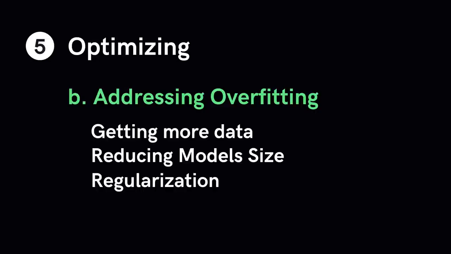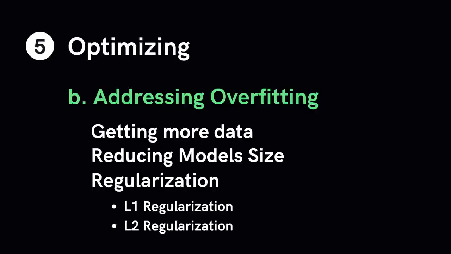The second method to addressing overfitting is by applying weight regularization to the model. A common way to achieve this is to constrain the complexity of the network by forcing its weights to take only small values, regularizing the distribution of weight values. This is done by adding to the loss function of the network a cost associated with having large weights. And this cost comes in two ways. L1 regularization adds a cost with regards to the absolute value of the weight coefficients, or the L1 norm of the weights. L2 regularization adds a cost with regards to the squared value of the weight coefficients, that is, the L2 norm of the weights.